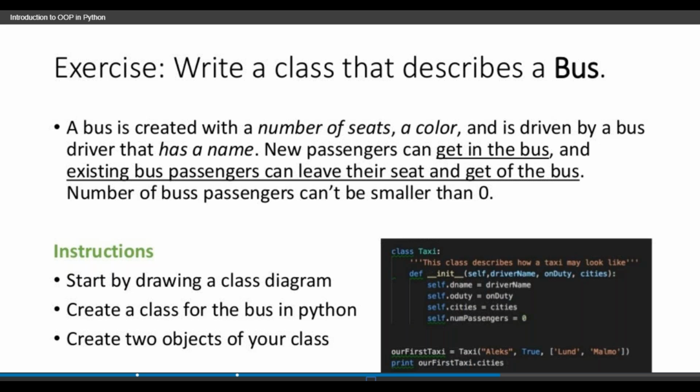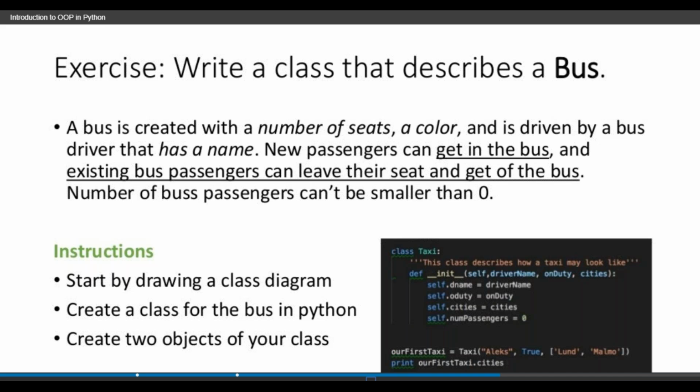So the driver has a name, driver name. So new passengers get into the bus. New passengers get in the bus, and existing bus passengers can leave their seat. The number of bus passengers can't be smaller than 0. So obviously, below 0 is not available.